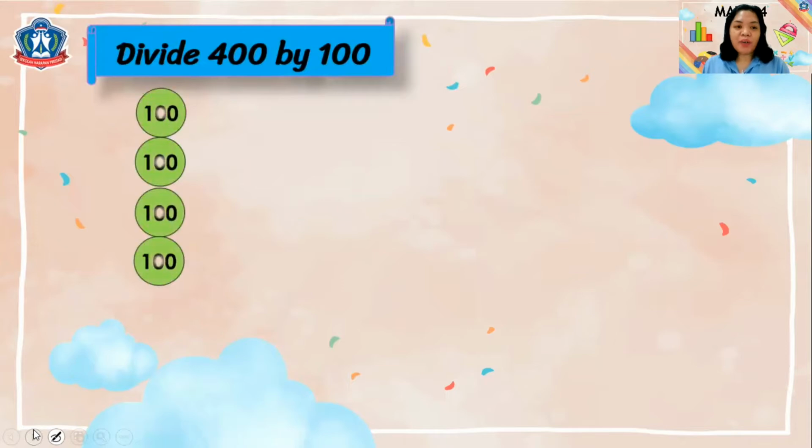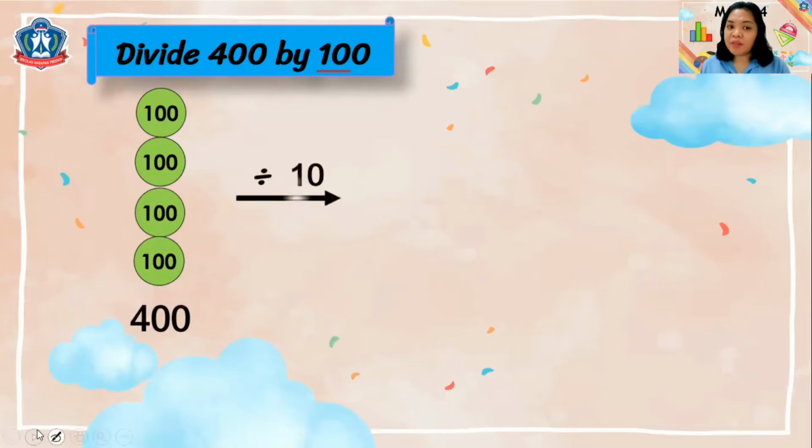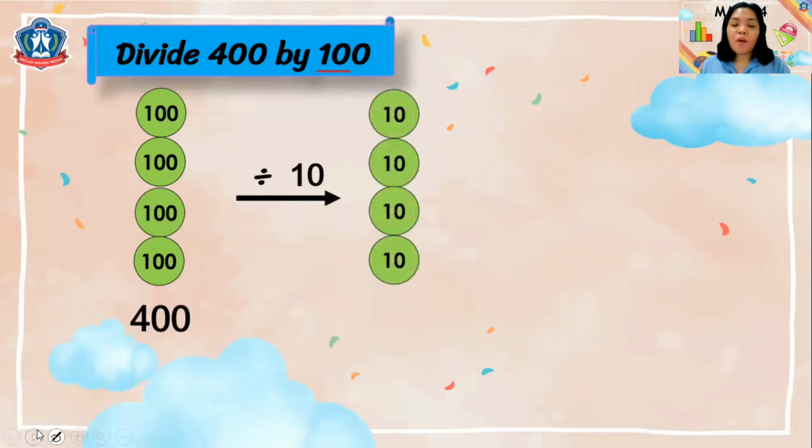Okay. How about if we are going to divide a number by 100? So we have 400 divided by 100. Actually, children, if we are going to divide a number by 100, we can actually divide it by 10 2 times. So if we have 400, we will divide it by 10 first. That is equal to 40 because 100 divided by 10 is 10. So if you have 400, you have 4 tens, and that is 40. Again, what happened to our answer? From 400, it becomes 40. We remove 1 zero. We are not done yet.